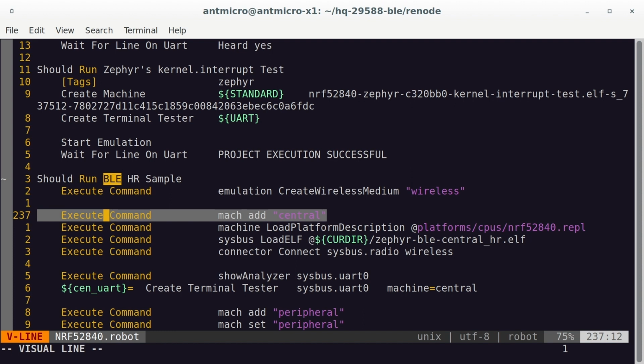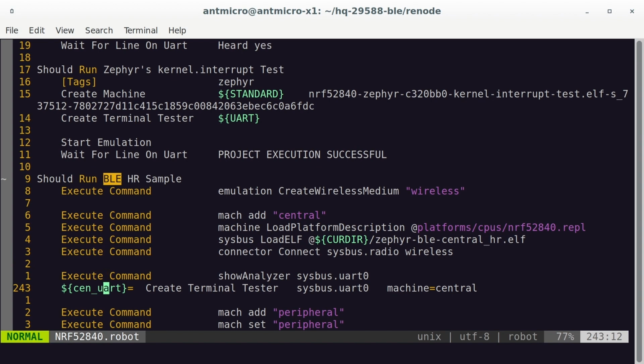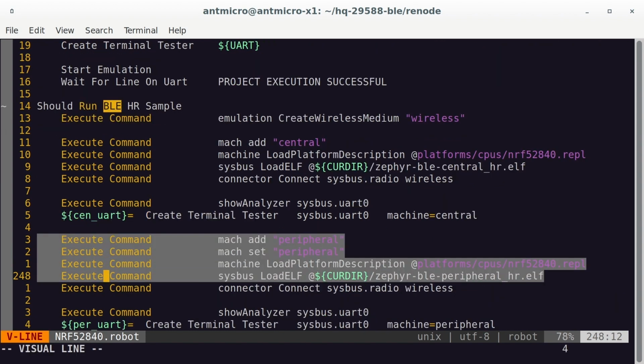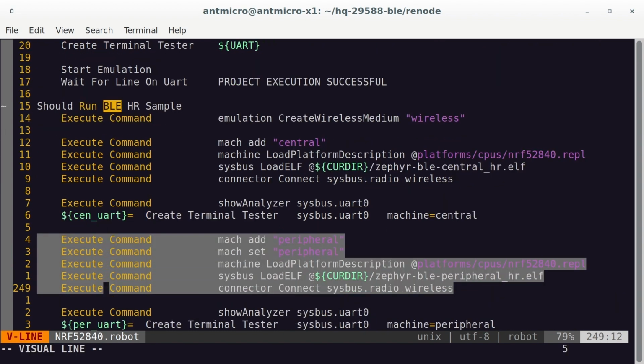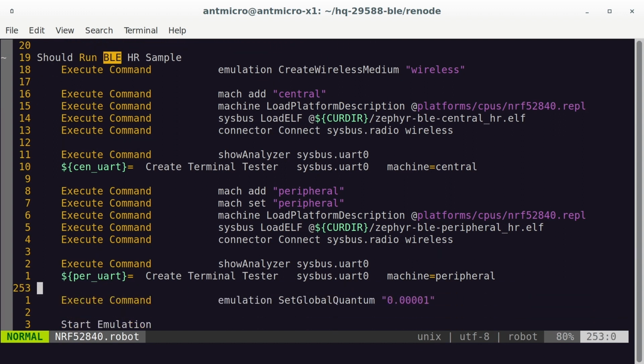First of all, it creates a central machine. It loads the specific platform description, loads the required binary, and connects to the wireless network. Then we have a second machine that follows the same steps but just uses a different ELF file. So after we have the whole setup prepared,